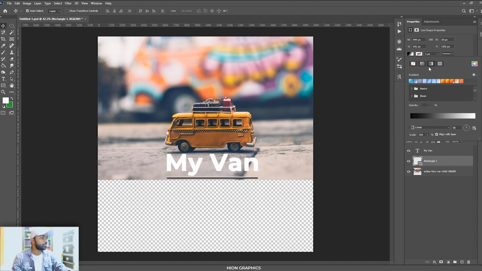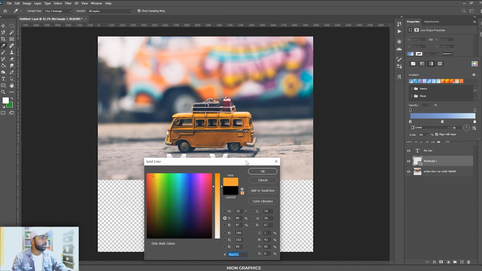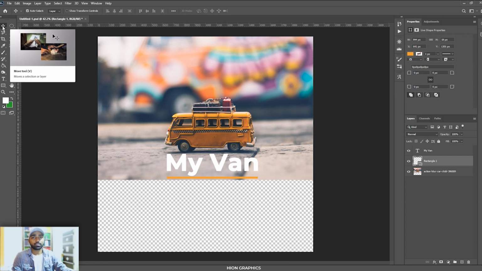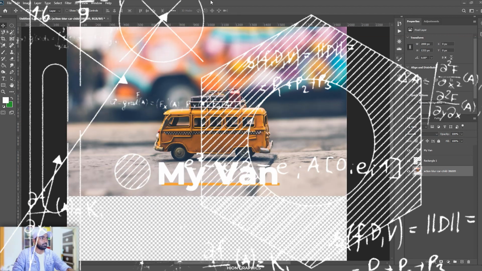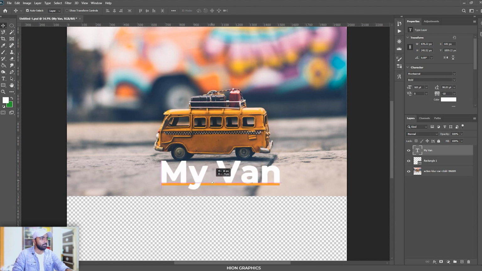You want to pick gradients, you can pick gradients like this, or whatever you want, but right now I will just select a normal color, like maybe the Vans color. There you go. Okay, so this is proper till now, and we are fine with it. So this is the image on which we are working till now. Now you see the text and the underlining fill that we have just done right now.